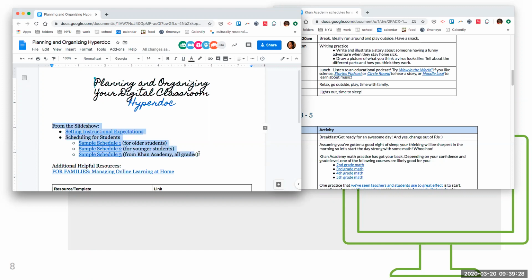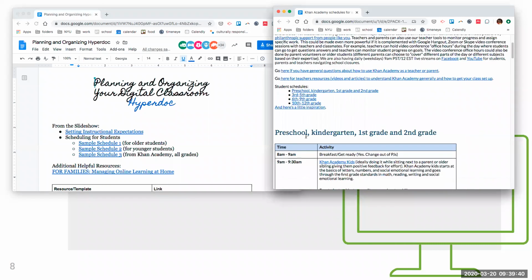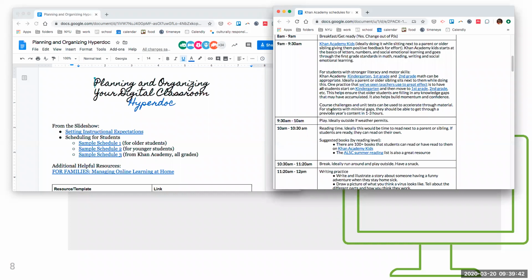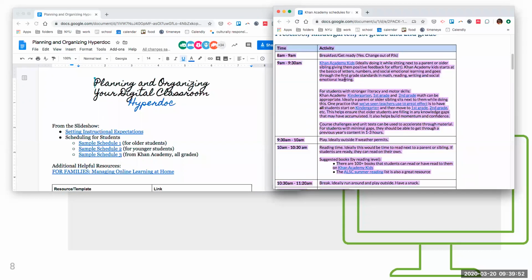So what I could do, if this feels overwhelming, is say, if you are an elementary school teacher, go with Khan Academy's schedule number 1. Like I could say, do that. That is the thing. So you could have this schedule, copy paste it into a document, and input your own. So 9 to 9:30, we're going to do math. This is what math is going to look like. 10 to 10:30, we're going to do reading. Here's what you're going to read.